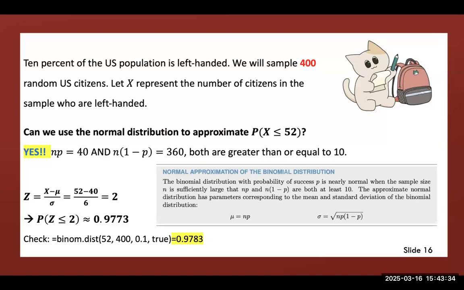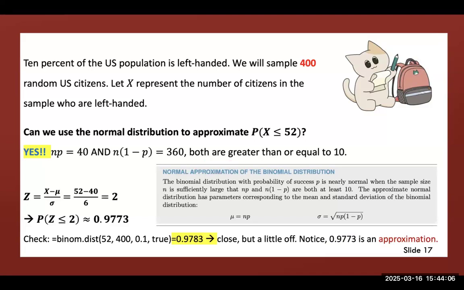How can we check? So the probability x is less than or equal to 52. We would type equals binom.dist. We want 52 successes out of 400 with a 0.1 probability of success, and we would put the word true, okay? If you put that into Microsoft Excel, you'll get about 0.9783. And with the normal distribution, we got 0.9773. So notice that we're really close. It's a little off,